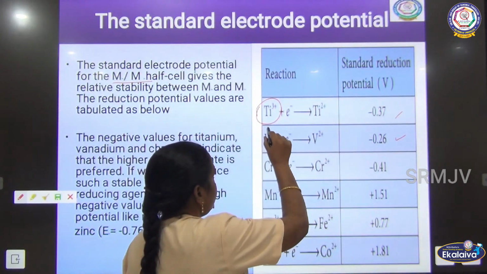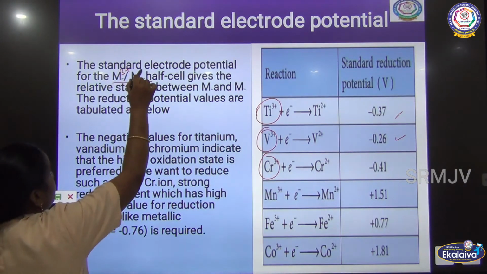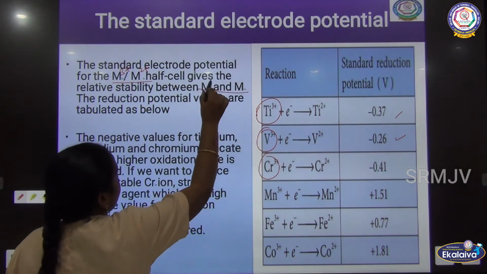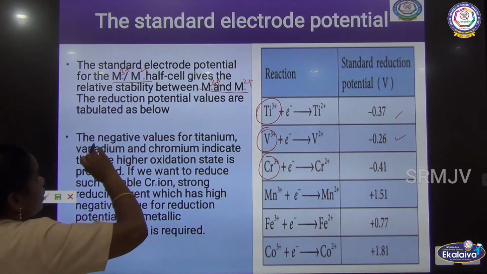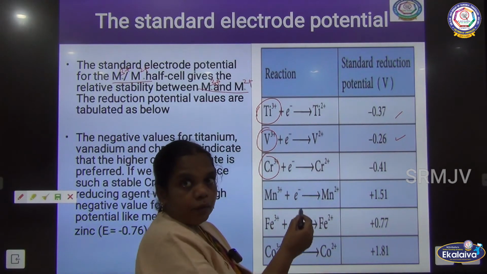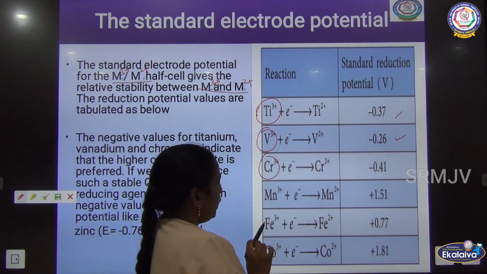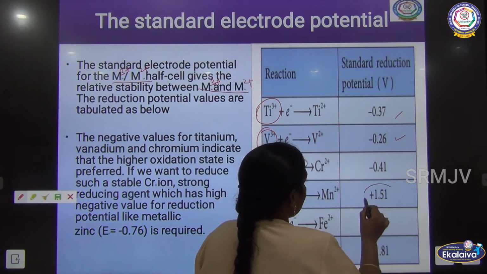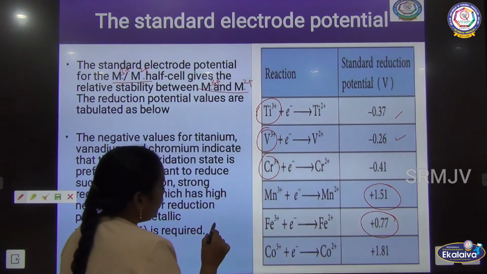Now here the metals all go from +3 to +2. The metal goes from +3 to 2+. So here the stability between the metal in +3 oxidation and +2 oxidation is reflected in the potential value. Now you see the stability of the elements in the 3d series: titanium, vanadium, chromium, manganese, iron and cobalt. Now you see the positive value of manganese and the positive value of iron, because in Mn2+